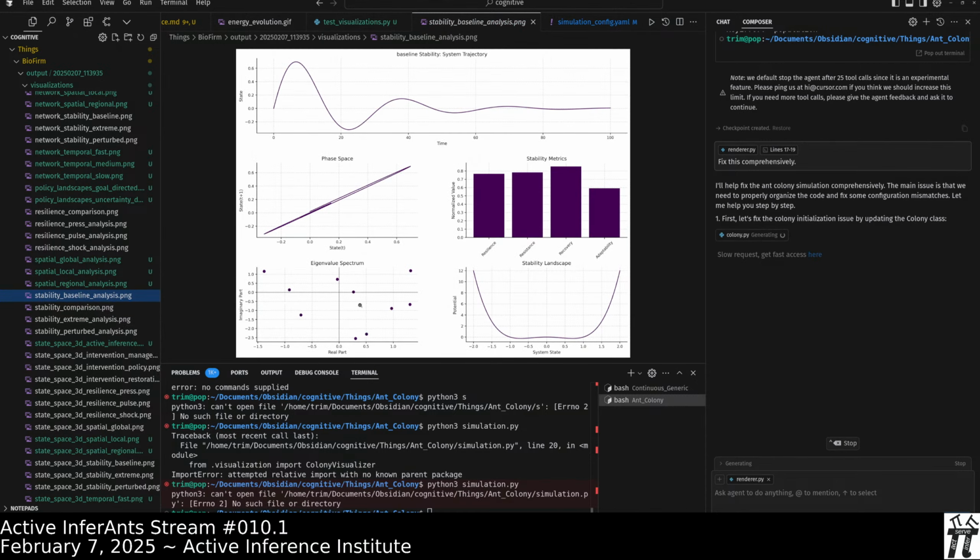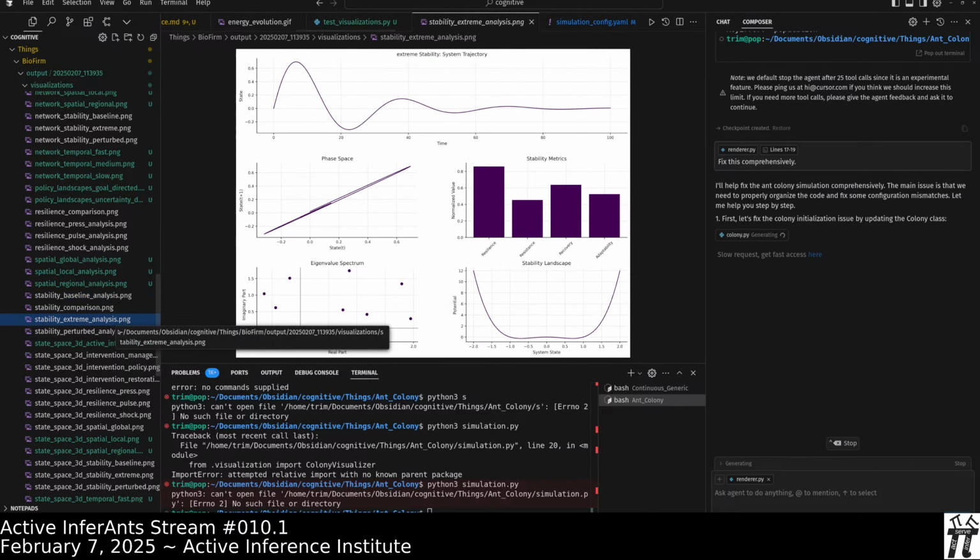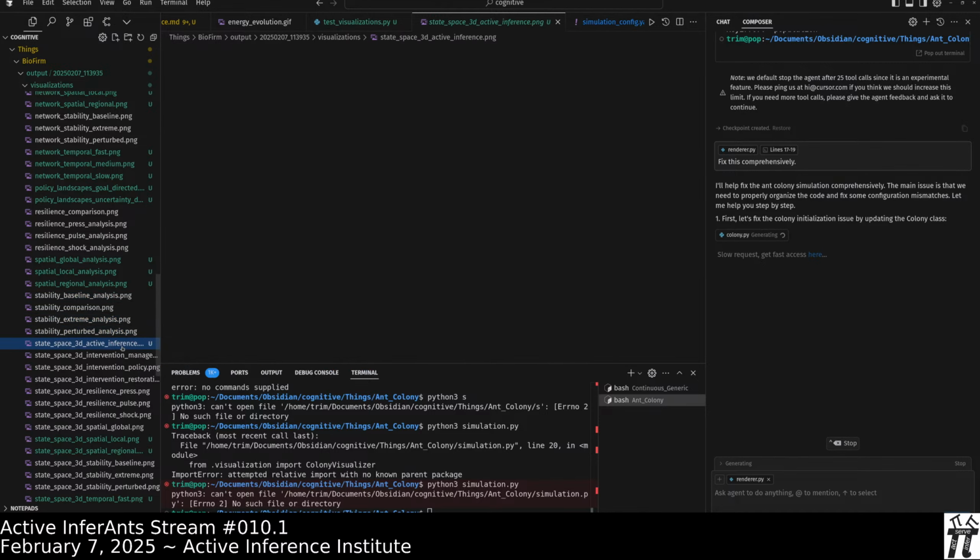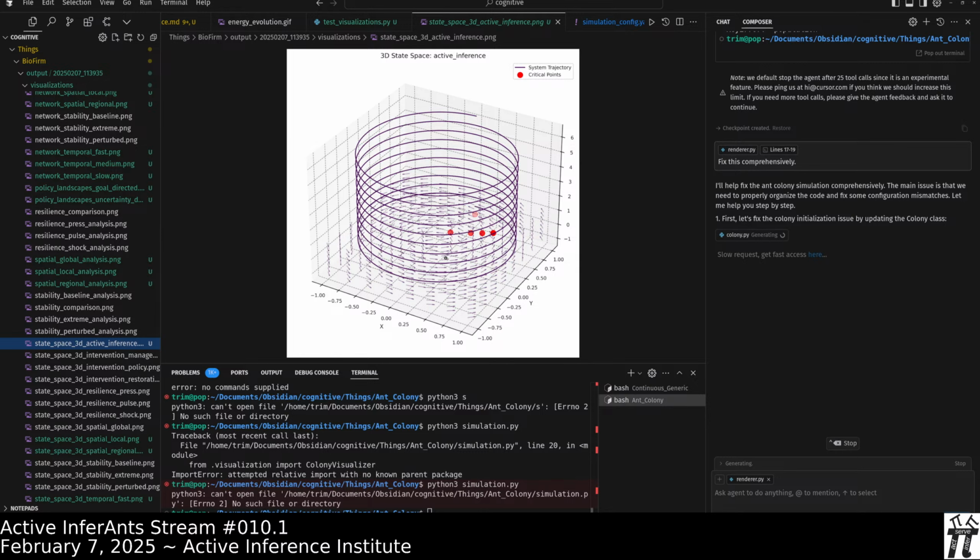Okay, eigenvalues for stability detection on dynamical landscapes. Valid, relevant analyses. Okay. Looks like a vector field representation. Are these points accurate?